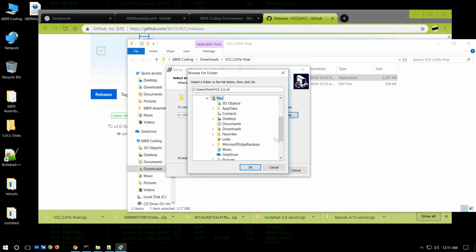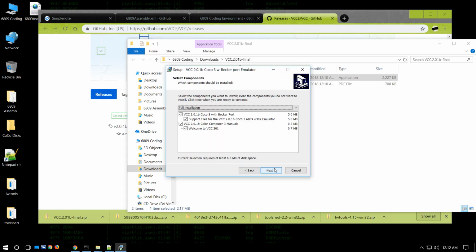If we installed it to program files, and I'm sure many people have firsthand experience of this, it requests elevated privileges each and every time you open it. I know that you can turn that off, but it's definitely not advisable, especially if you're concerned about security. The easier thing to do is just to put it on the desktop, and it won't pester you again for that in the future. So I'm going to install it to the desktop, and I'm also going to change the name to be just VCC. So we'll go ahead and click OK, next,